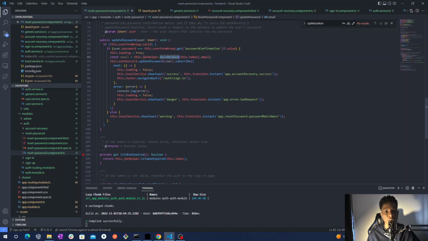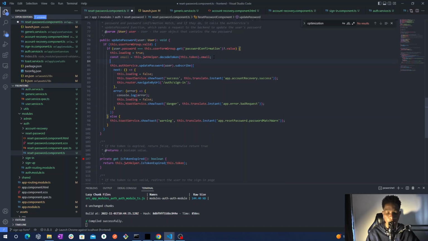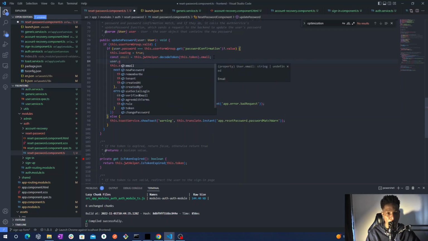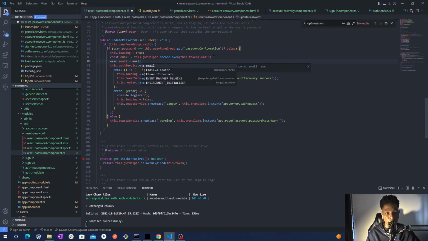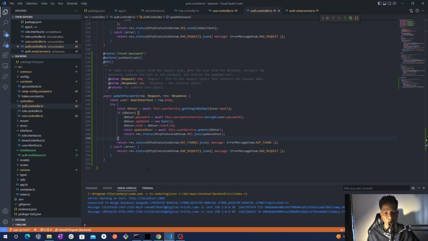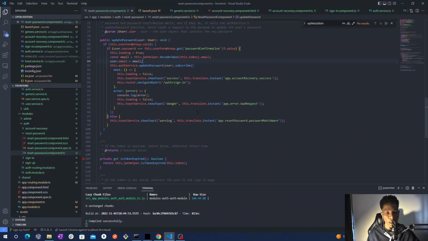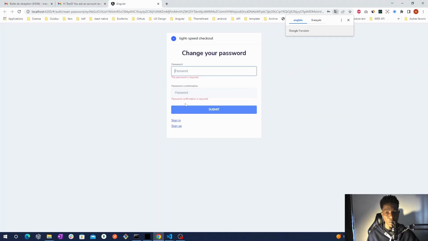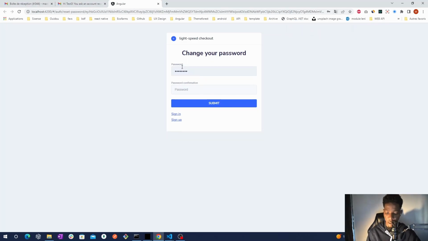Now we will say our email is equal to this email, so we can get the email directly here and find the user whose password we want to update. So we will directly add a breakpoint here and say that we want to update our user test3 email.com. So let's actually use